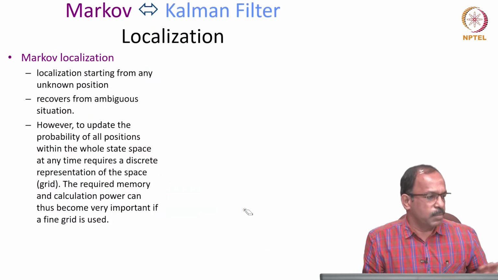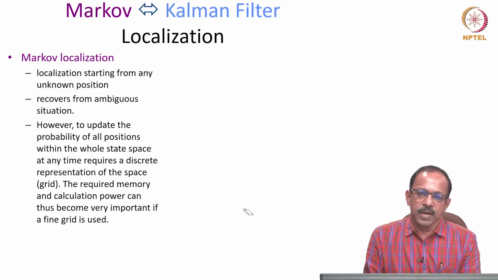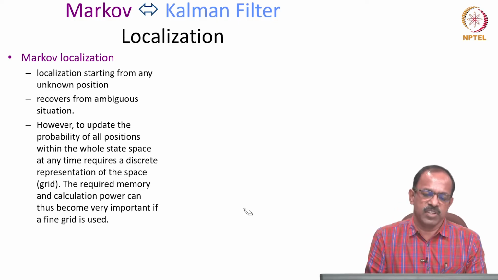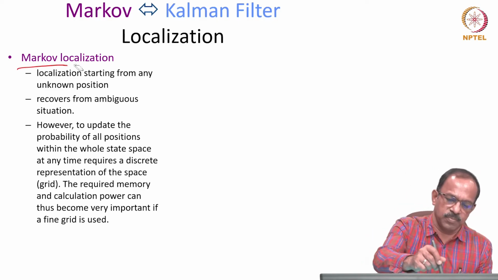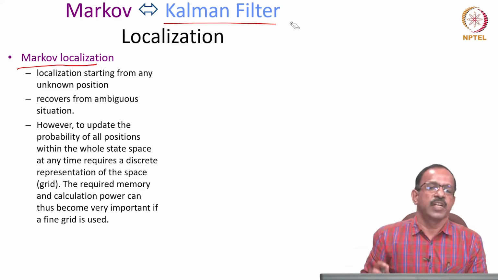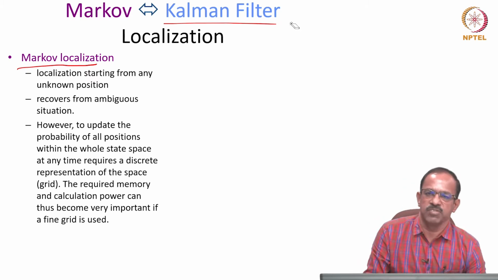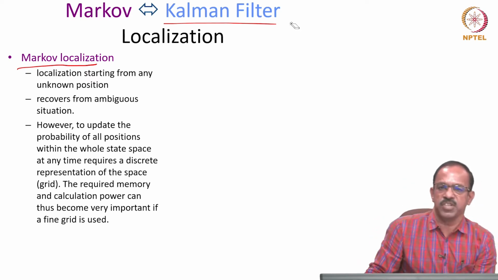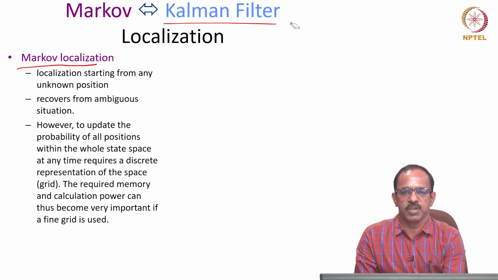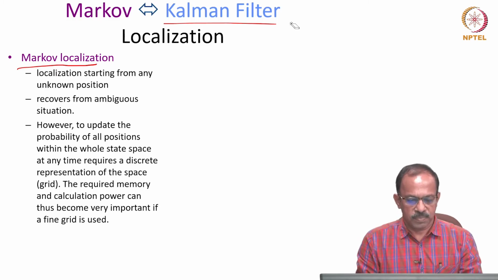Okay. So, there are multiple algorithms and multiple methods available for this. We will not go through all the methods, but we will just discuss two methods. One is known as Markov localization, the other one is Kalman filter based localization. These two are the most commonly used localization methods, which use the map information and the sensor information to localize.